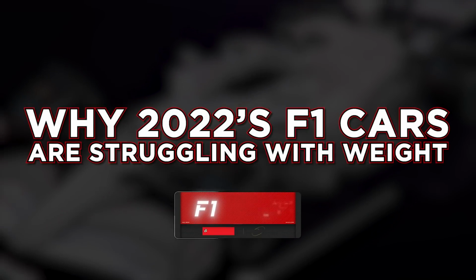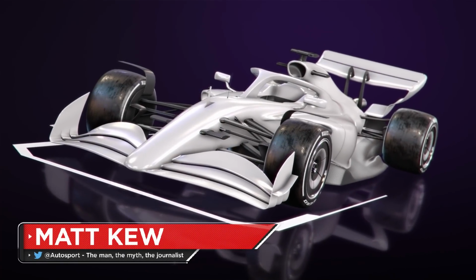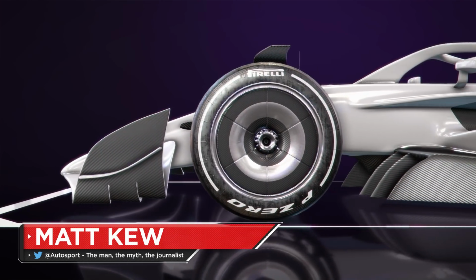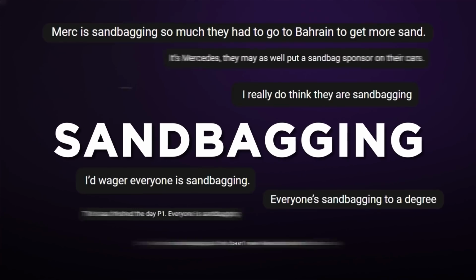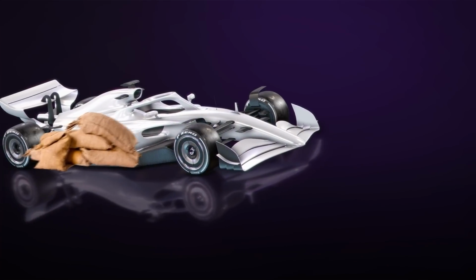Formula 1 cars, like the best of us, have put on a few pounds over the winter period. But unable to cut out carbs or head to the gym, in 2022 teams are having to work out where they can trim back their designs in order to balance the scales. While sandbagging was once again a buzzword during pre-season testing, unfortunately it's not a simple case of cutting ties and